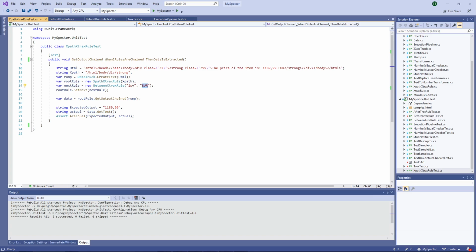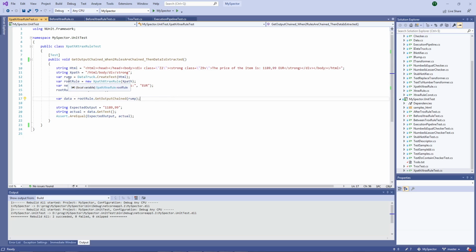So after this element, I have extracted this, and then the between element will extract everything which is between "is" and the euro. And I do this by applying the chain of responsibility design pattern.